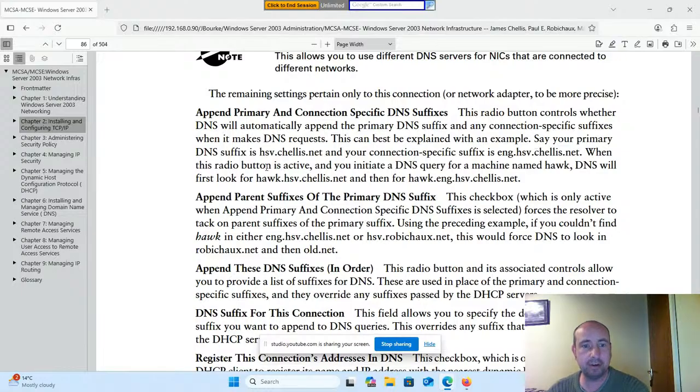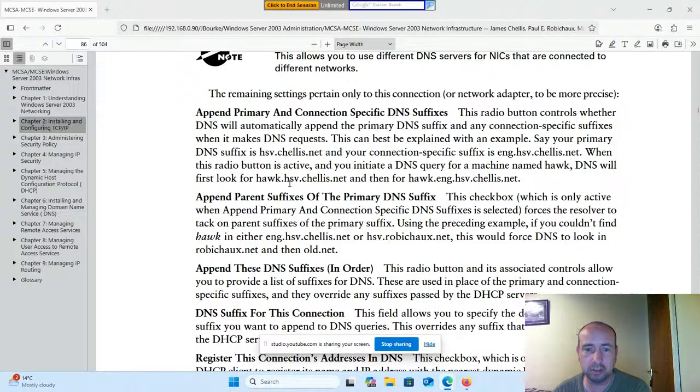Say your primary DNS suffix is hsv.chalice.net and your connection specific suffix is eng.hsv.chalice.net. When this radio button is active and you initiate a DNS query for a machine named Hawk, DNS will first look for